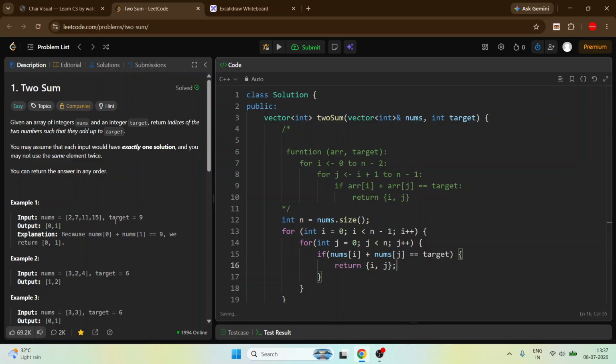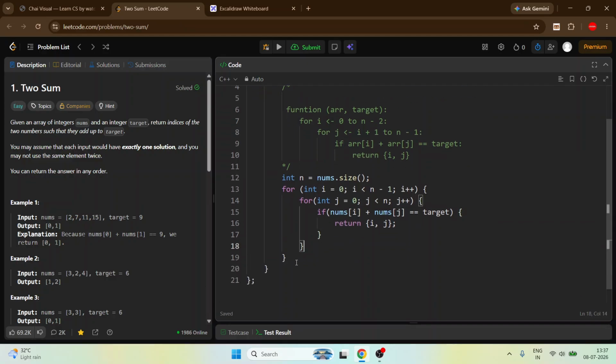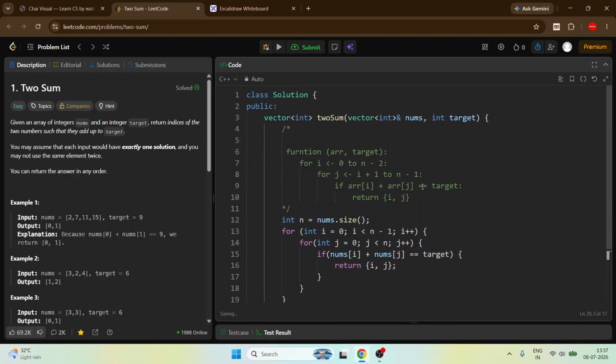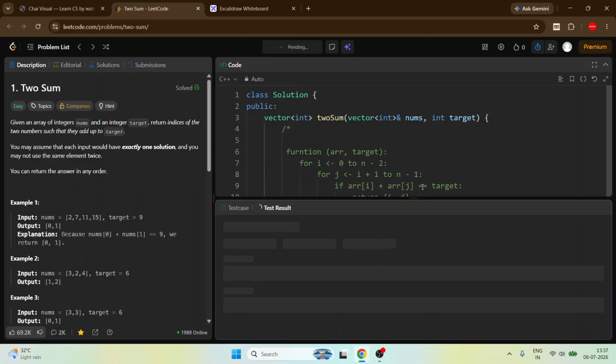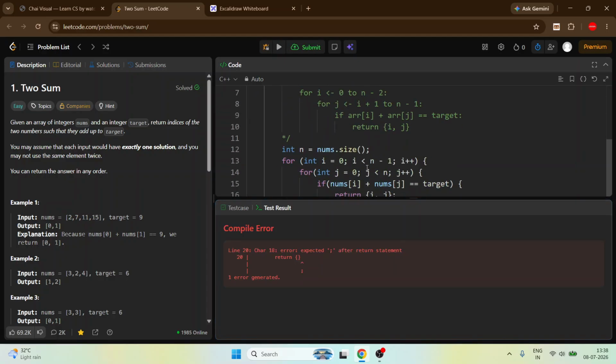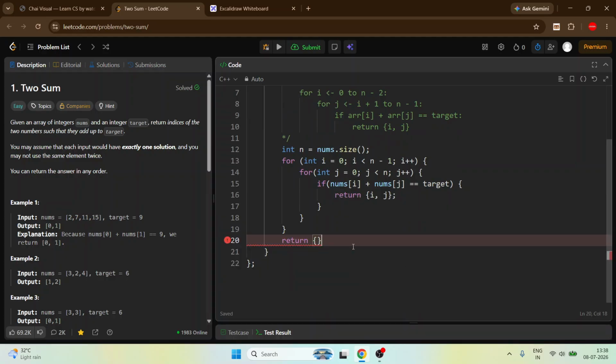Here they use zero-based indexing, so we don't have to increase it by one. At the end, return it. Oh, we missed a semicolon.